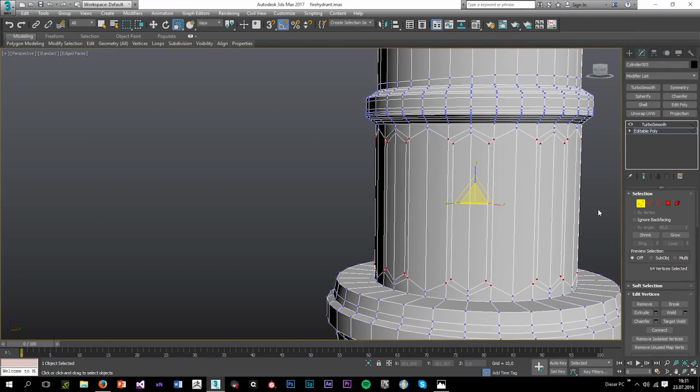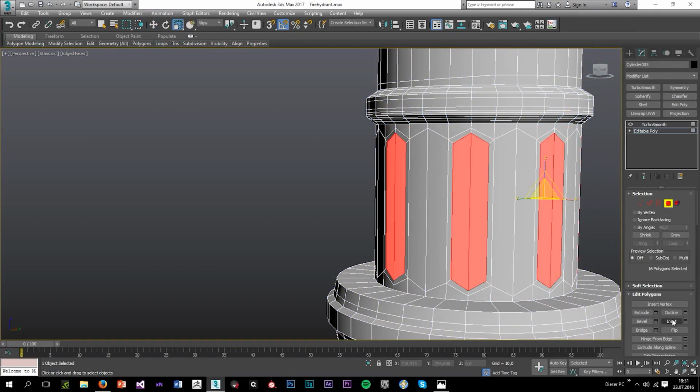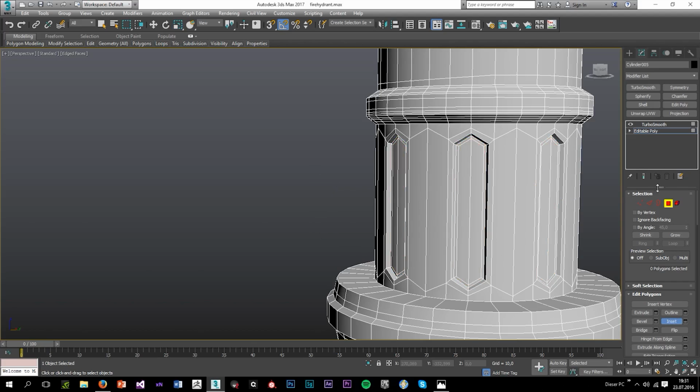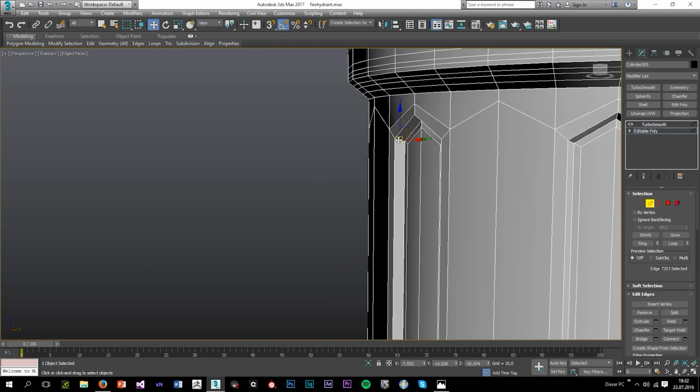Okay, now you want to actually just do the same, and now bevel, inset, and yep, just do the